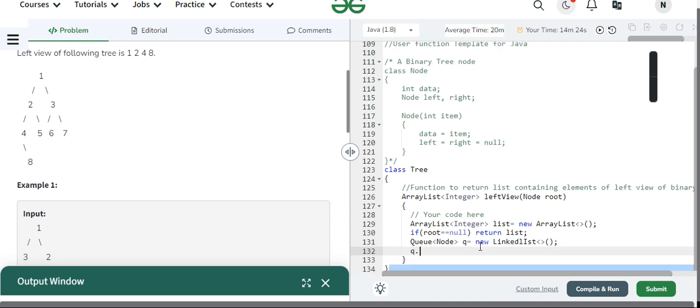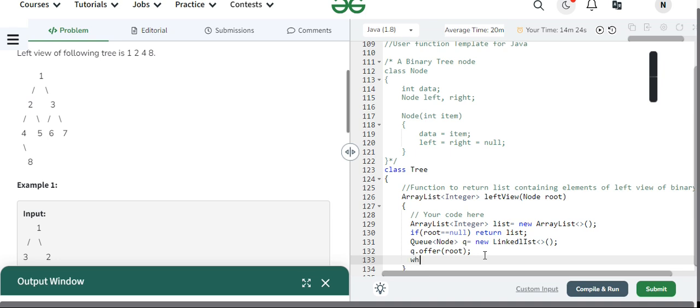We will insert the first element, queue dot offer the root. So by this way we are inserting the first element. Now, until and unless this is not empty, while queue is not empty,